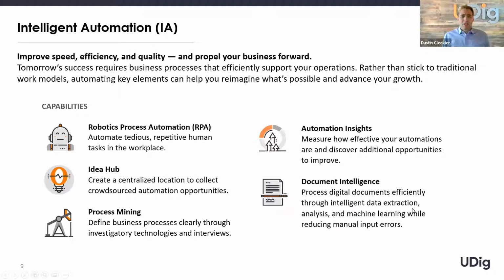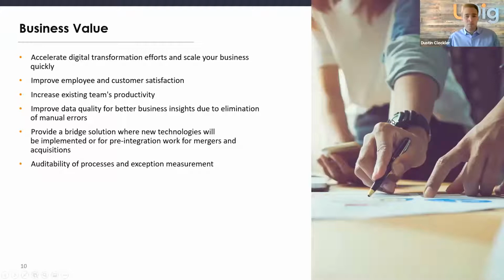But really, there's a whole host of tools that could be a part of an intelligent automation stack. So this approach of leveraging multiple tools in parallel really opens the door to a lot of business value. So intelligent automation can provide significant business value. And as these tools become more robust, we're seeing a lot of different ways that organizations are benefiting from intelligent automation. So things like increasing productivity or improving accuracy,